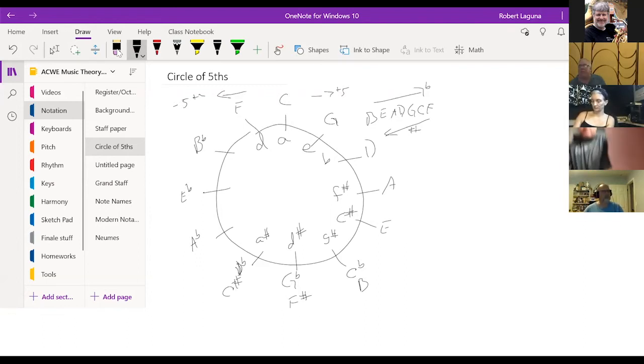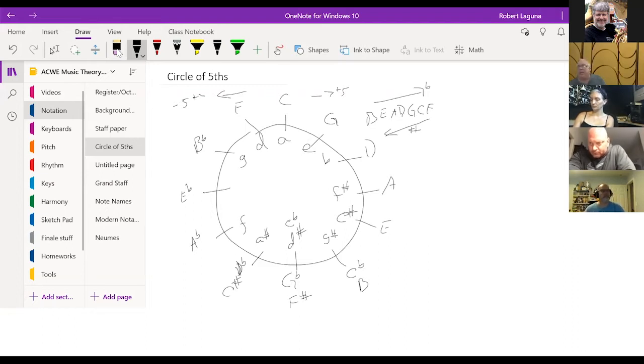Then let's do the same thing on the other side. Remember that this side actually goes down. So if I take an A and I go down a whole step from A, it renders a G. If I go down a whole step from G, it renders an F. Down a whole step from F is an E flat. And check my work here. E flat is enharmonic with D sharp. Same note. Okay? And then I can go back and